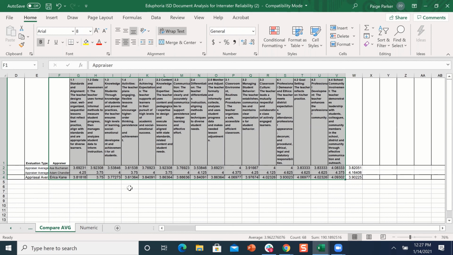It might mean doing those small groups where you go into a classroom, 3 or 5 evaluators, watch a lesson, rate it, and discuss it. Or it might mean going back through some of the training about what the dimensions actually mean and what each of the look-fors are